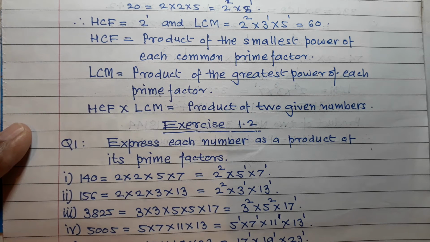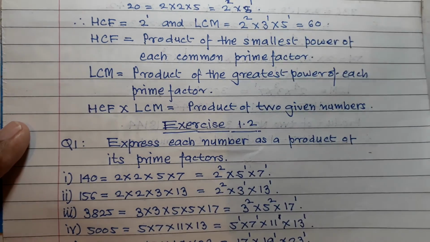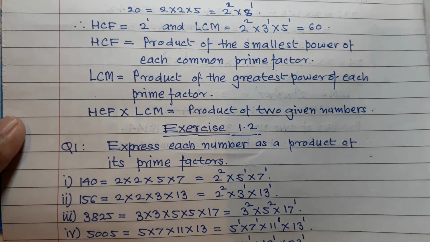Now this type of odd number is very important because it is not very easy. You cannot find the divisor very easily, and for that your tables should be good.